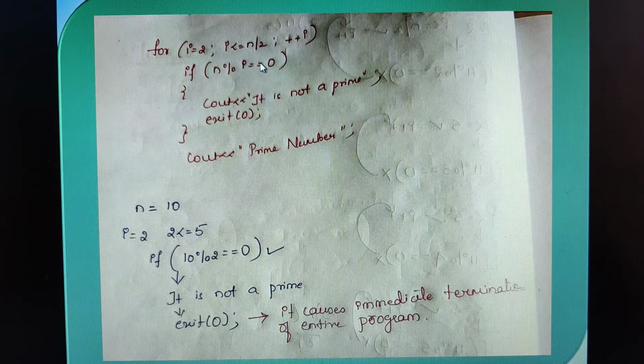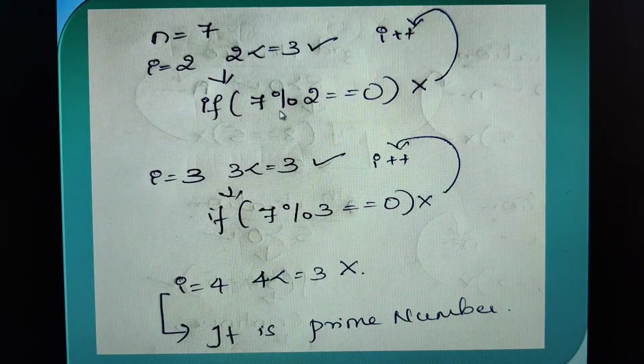See, on satisfying this condition only we are making the loop entry. We come out of the loop only when this particular condition fails. But here what happens? In the previous example, 7 mod 2 is it 0? It's false. So because false, i gets incremented. Then at the next iteration, i value will definitely be 3. Whether 3 is less than or equal to 3, yes, the condition is true. Again, we are making an entry into the if condition. There we go to the true part of the for loop, that is the if condition, to check whether 7 mod 3 is equal to 0. No, false. Again, i gets incremented.